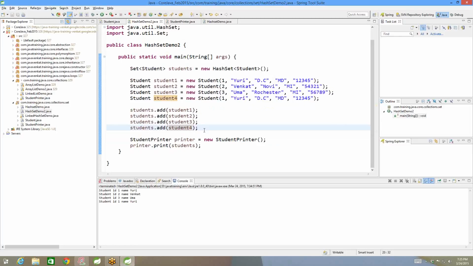Maybe the reference is different of the object. Yeah, that student 4. Go ahead. Aruna, go ahead. Yeah, it's a student 4, right? It is a different object. So that's why it is taken. Okay. Maybe the references are different. Okay. Here you are passing objects as